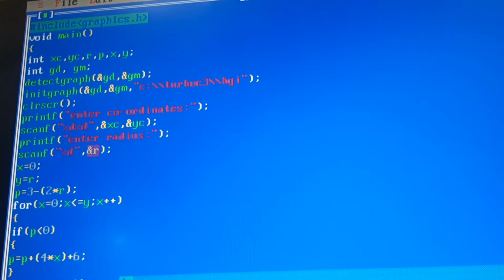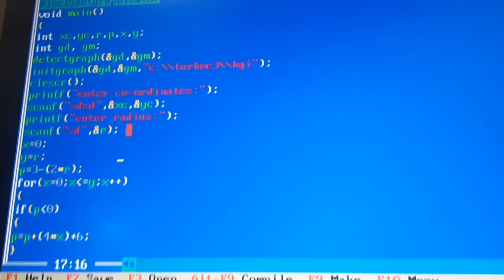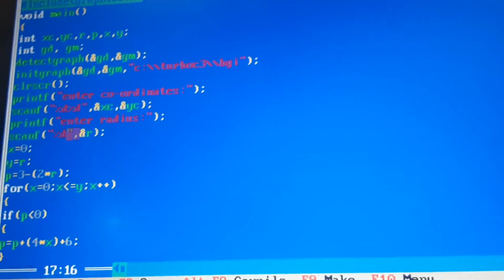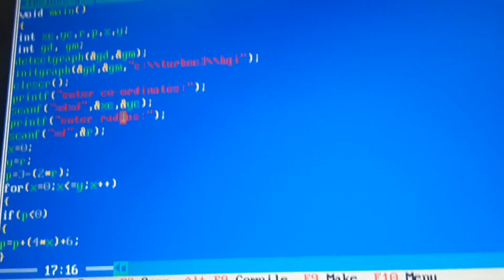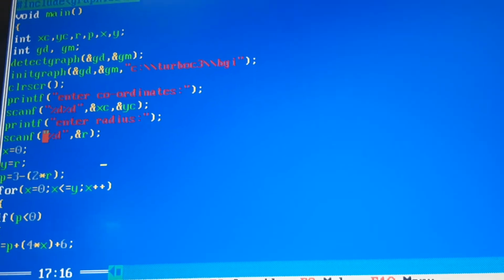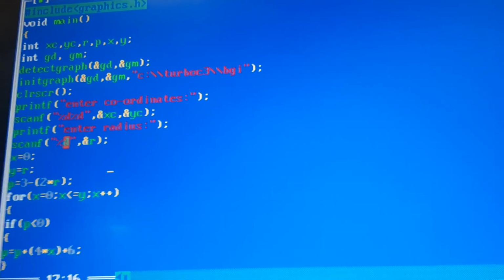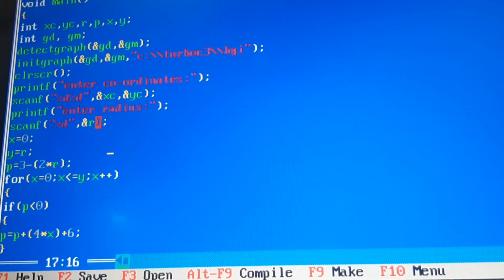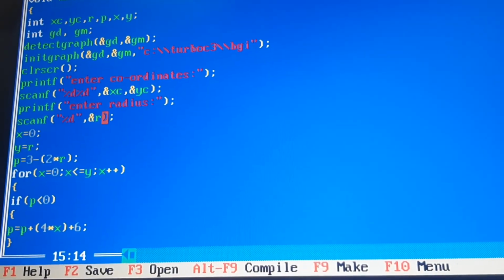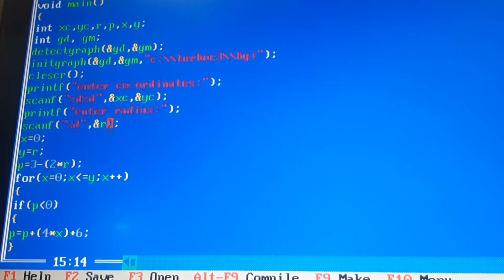Then next we are taking the radius of the circle from the user. Printf, in round bracket, inside the double quote we are writing enter radius. Then scanf, in double quote, %d comma ampersand r. Whatever radius is entered by the user will be stored in the variable r.